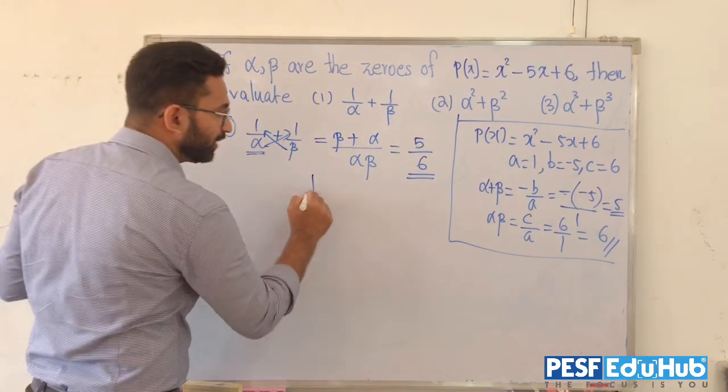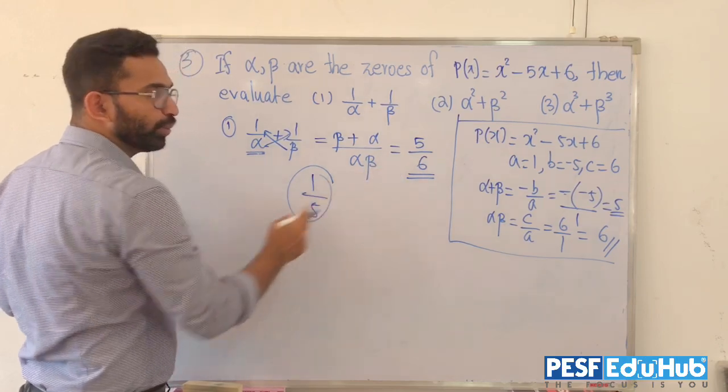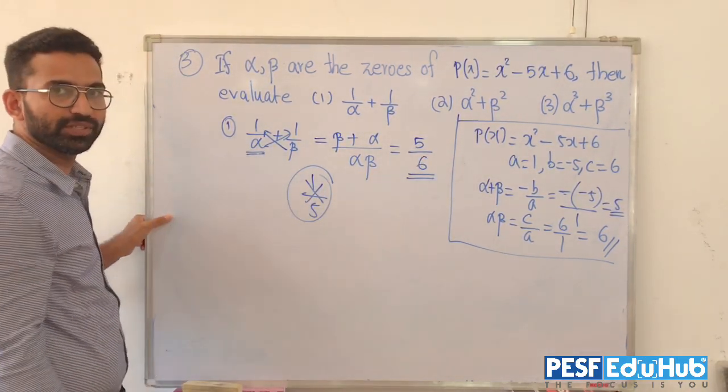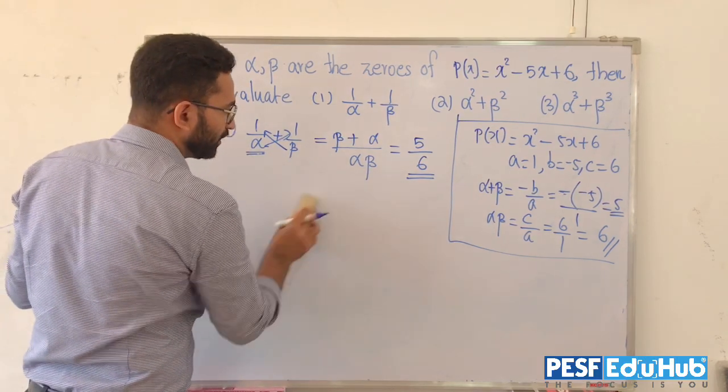If you have written the answer as 1 by 5, do you think these two are equal? No, definitely your answer was not 1 by 5 but it is 5 by 6. Okay, now the second part,